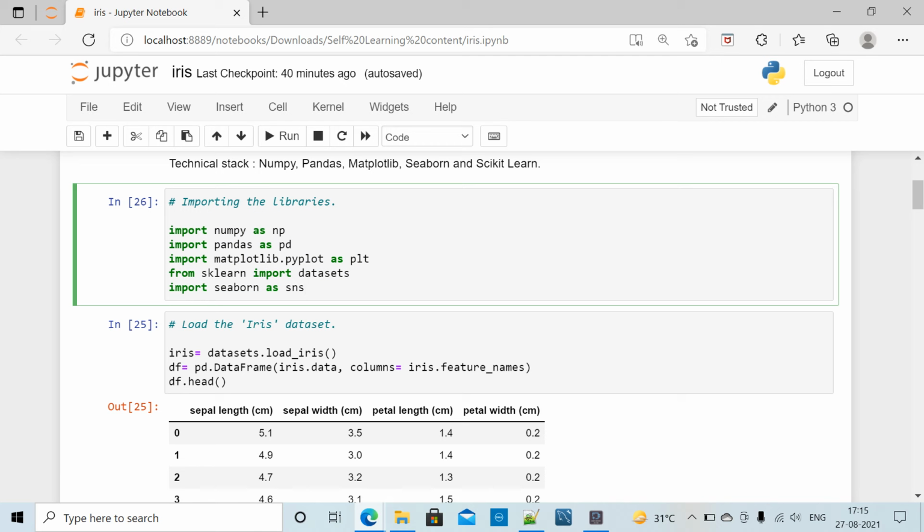Next we will import our dataset, or load our dataset, using the load_iris command.